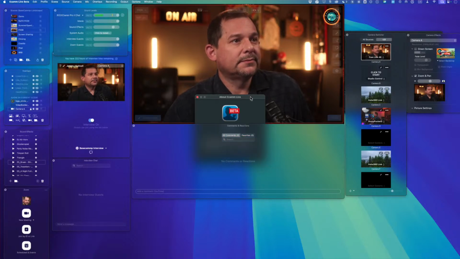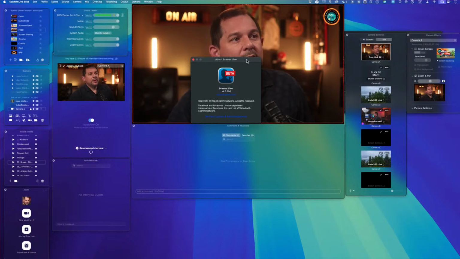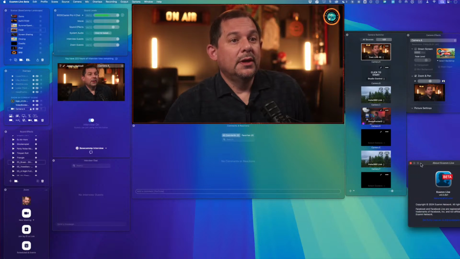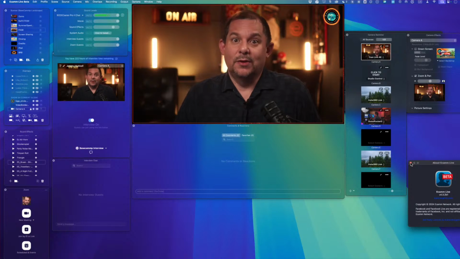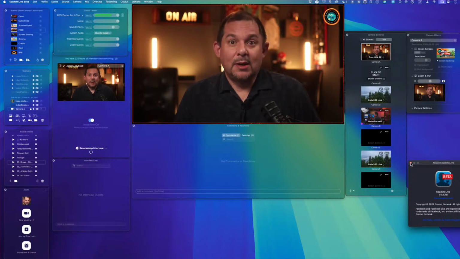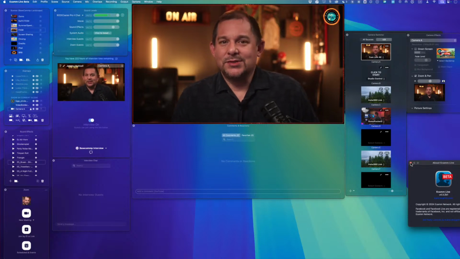Okay, so this says 4.3.2 beta 1, which I'm guessing by the time this series is over, that will be already old. And I'm also running the very first developer beta of macOS Sequoia. So I'm introducing potential things that may come up on my screen that may not come up on yours if you're not running beta software. I've been in the software industry for 30 years, and I'm used to little glitches here and there, so it's